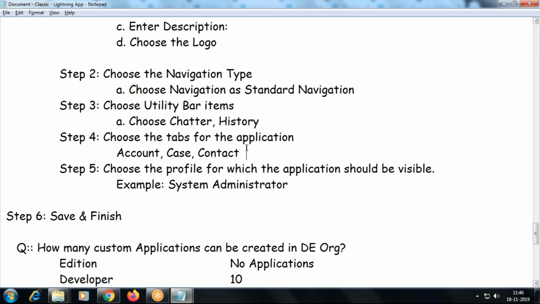You add your own tab, remove the tab, log in as a different user and see whether it's available to that user or not. So those exercises you have to do. You have to create it yourself and try it. You know how to add to the profile, right? So create one user, assign some different profile, add the application to one profile, do not add the application to another profile. Then log in as that particular user and see whether whatever you assigned is visible or not. So that exercise you can do on your own. Okay.